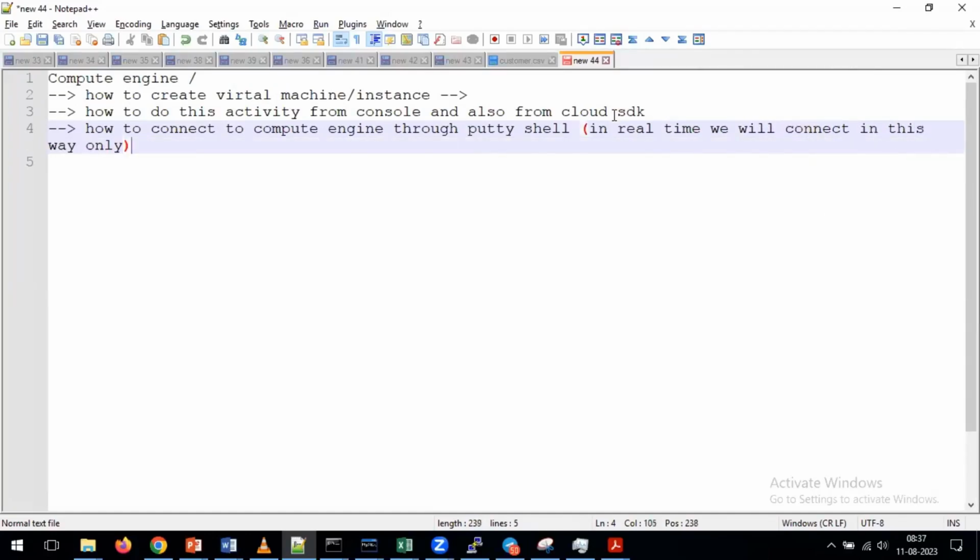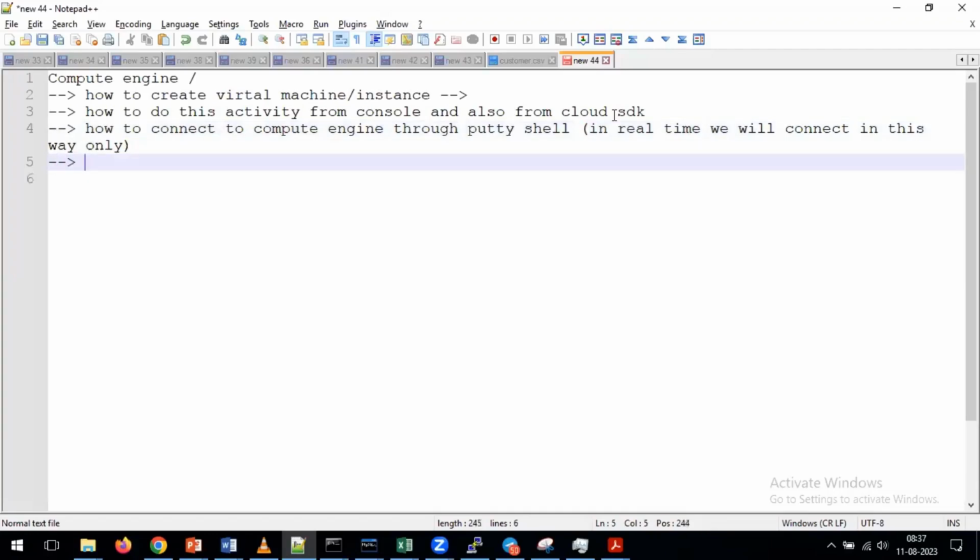If you are going to work on real-time projects, we are going to connect to compute engine by using the terminal. That's the reason we discussed how to install the terminal, how to use it, how to create the keys, how to assign the keys, and all these topics we covered as part of our previous session. At the same time, we discussed by using the terminal, how to run Unix commands,